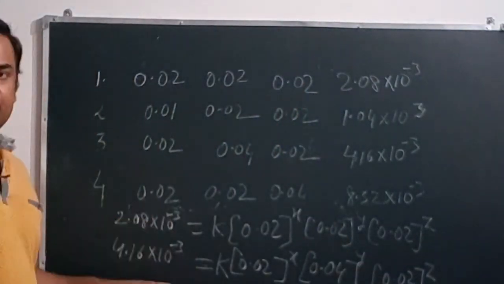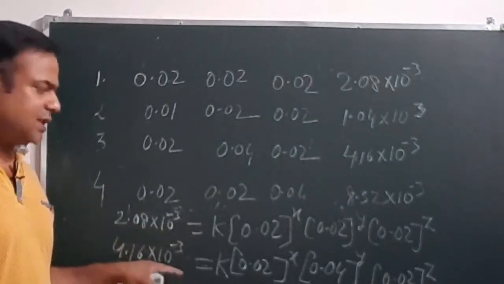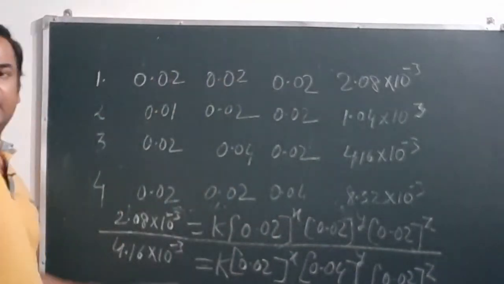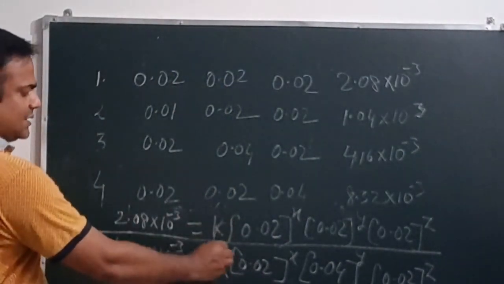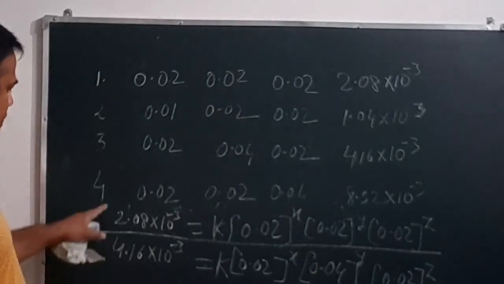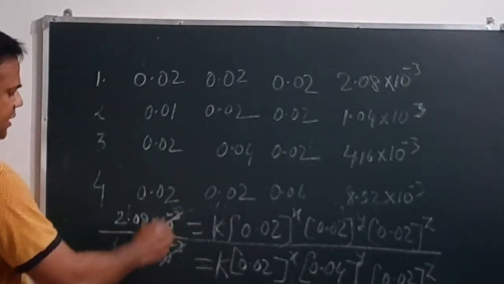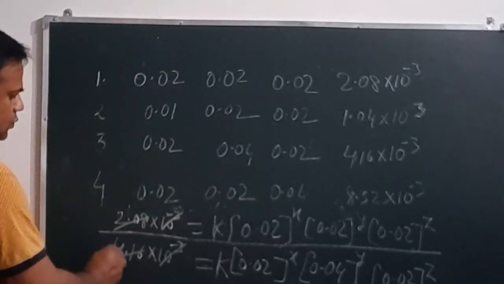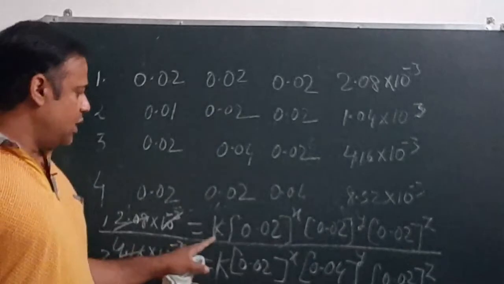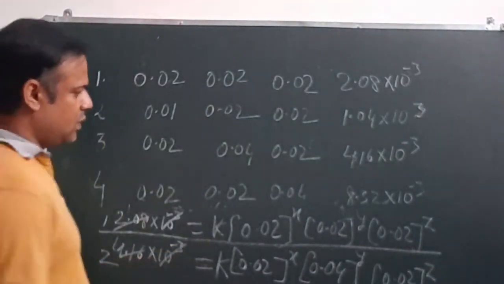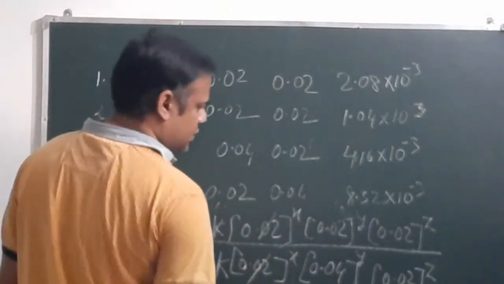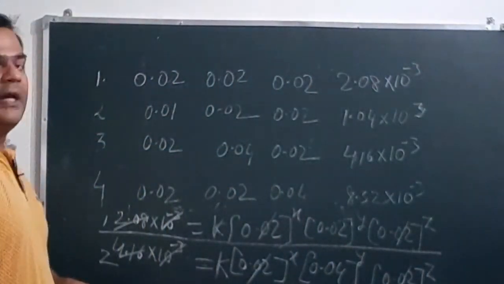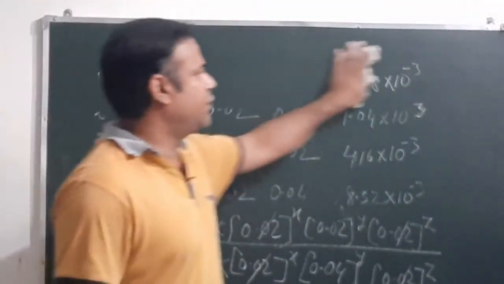Now if we divide the first equation by the second equation, K will cancel out, and 10 to the power minus 3 cancels out. This value will be 1 by 2. Now this value is also cancelled out here, and this value is also cancelled out here. So again if we write the equation, then the equation will become